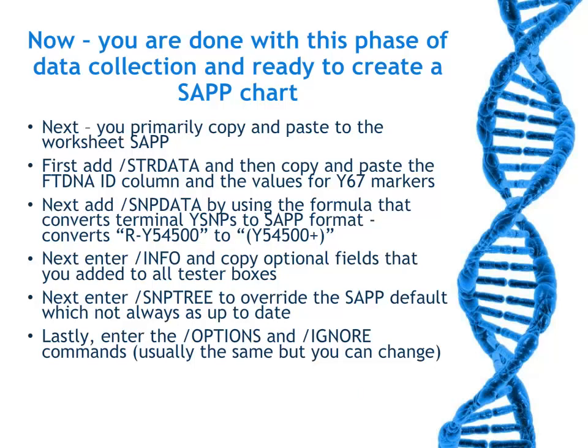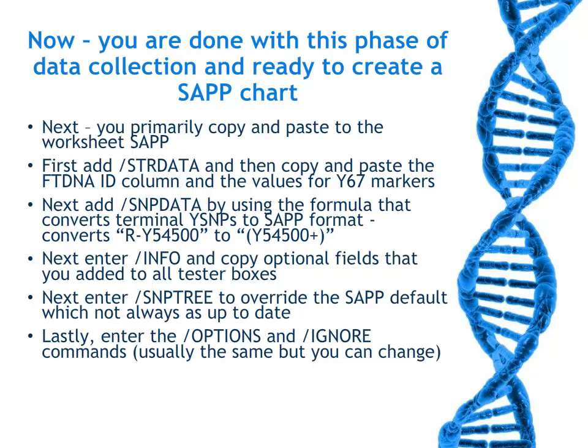So now you've collected all the data and you're ready to analyze it. There's a tool called SAPP, and it creates a chart. And there's some prep work for this, though. You have to copy and paste to a new worksheet called SAPP. The first thing you add in SAPP is you have to enter all the STR values for the Y67